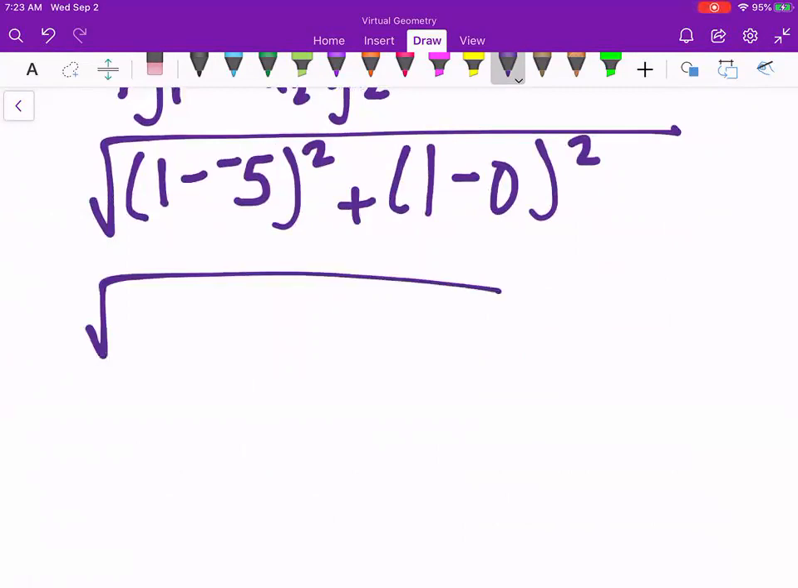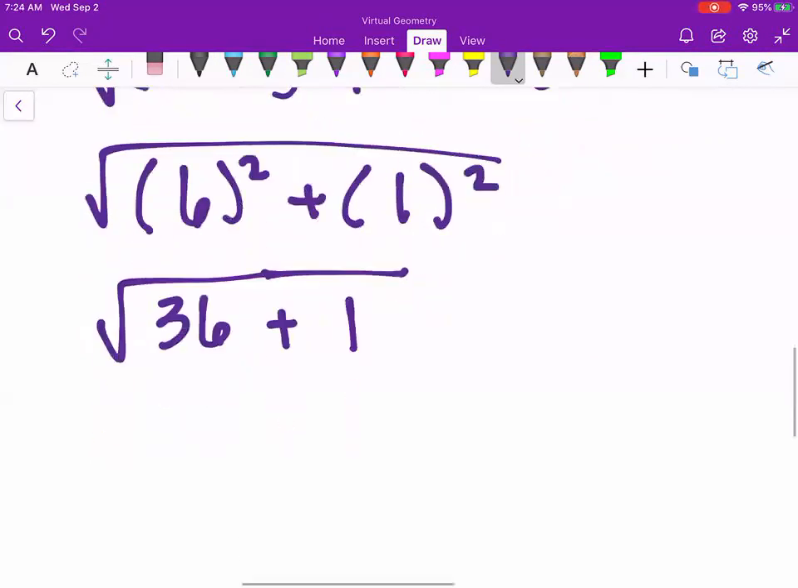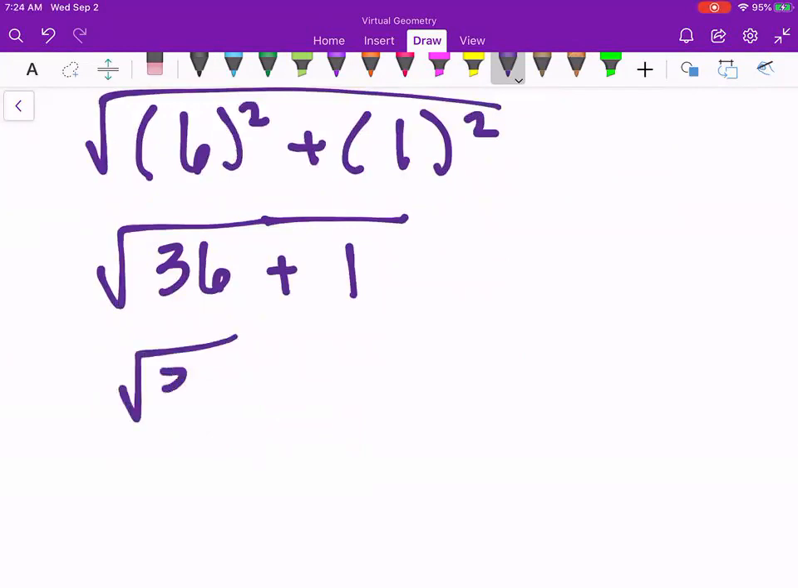Let's keep going. All right, again, notice we have a minus negative in that first set of parentheses, which turns out to be the same as an addition. So 1 minus -5, same thing as 1 plus 5, so I get a 6 squared. And 1 minus 0 is a 1, and then we'll square it. So let's keep going. 6 squared, 6 times 6, 36. Plus 1 squared, 1 times 1 is just a 1. So the square root of 36 plus 1 is a 37. So square root of 37